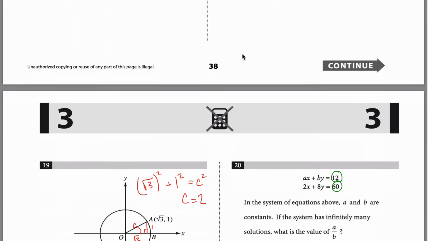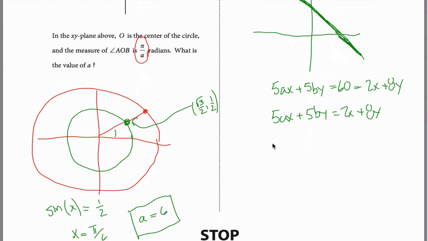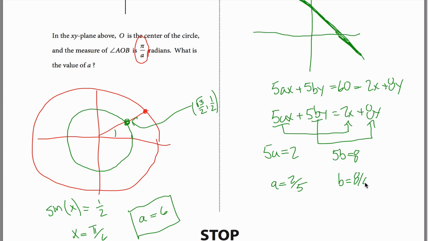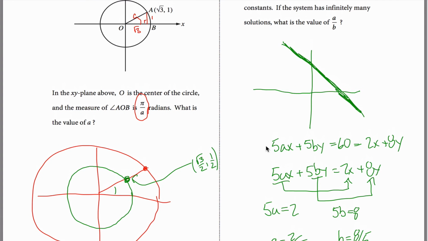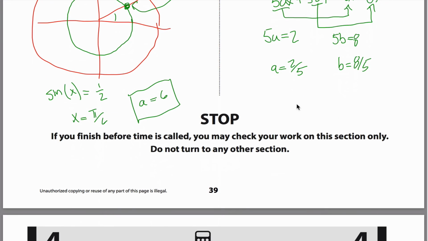We can set the different coefficients equal to each other. I can say, well, all right, 5a has to be equal to 2, and 5b has to be equal to 8. So a would have to be 2/5, and b would have to be 8/5. And if I take those two numbers and divide them, if I figure out a over b, because that's what the question was asking for,